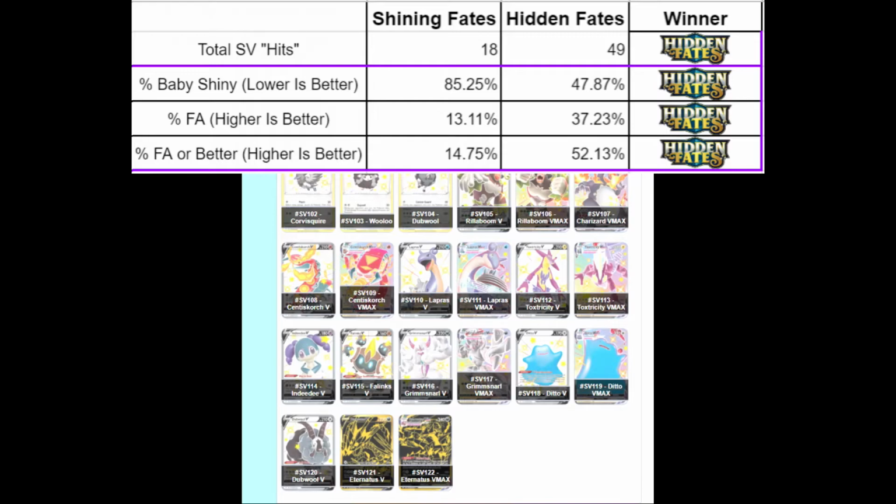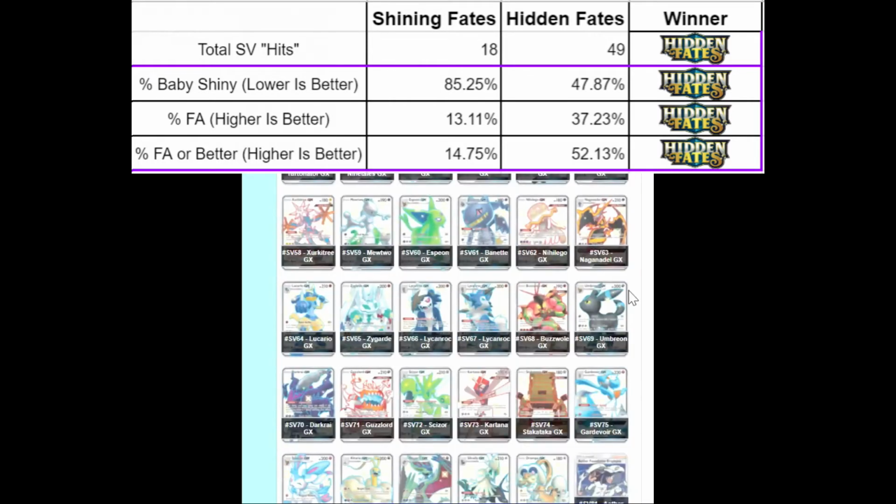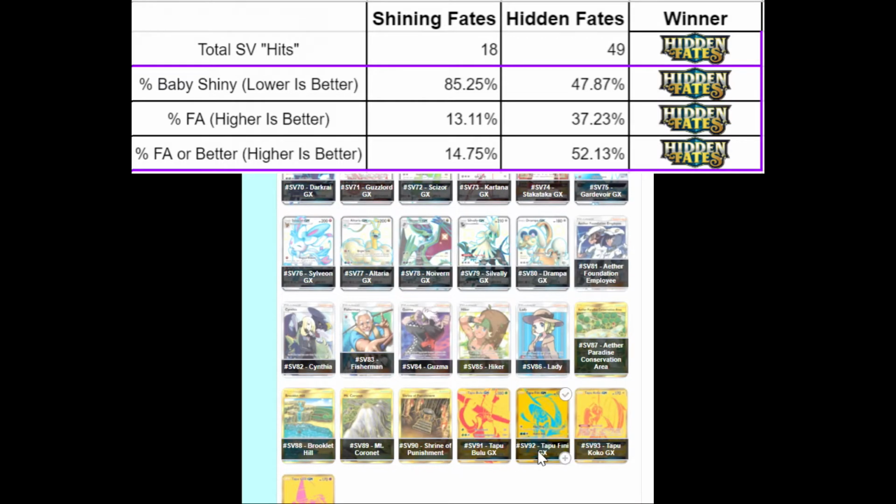If you're looking at Hidden Fates, however, what you'll notice is that about 37.23% of the cards are full art Pokemon cards. So we're talking the GXs that are full art shiny cards, the Umbreons, the Charizards, Greninjas, etc. That excludes, by the way, the full art trainers and the gold cards. Then if you add in the full art trainers and the gold cards, you get to about 52%. So as I'd highlighted previously, the density of hits in Hidden Fates was also a big reason why it was